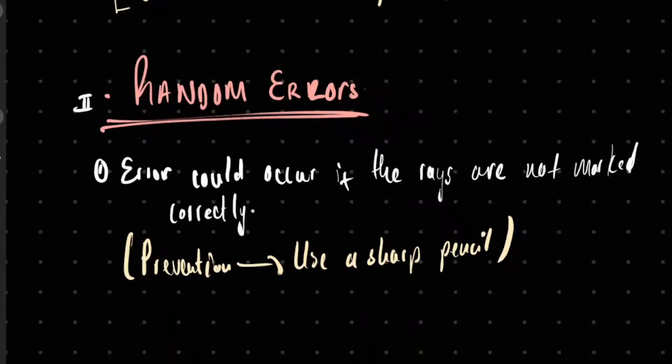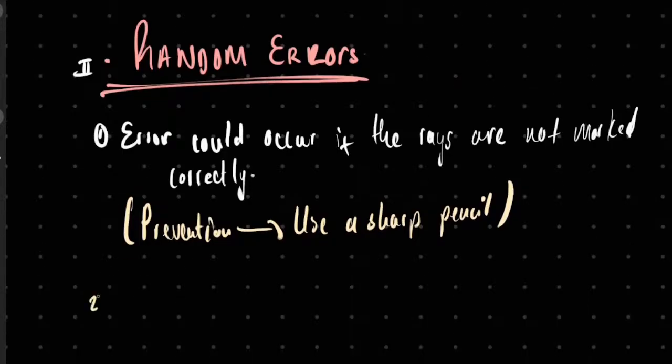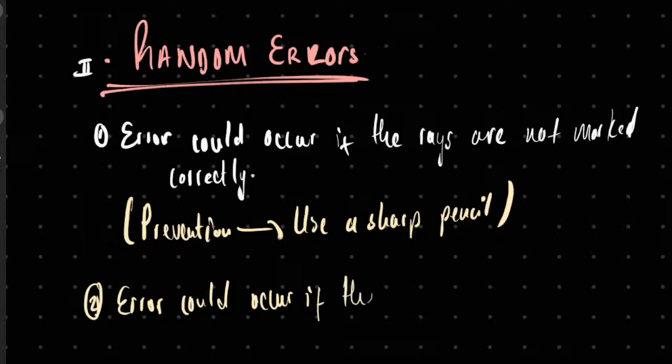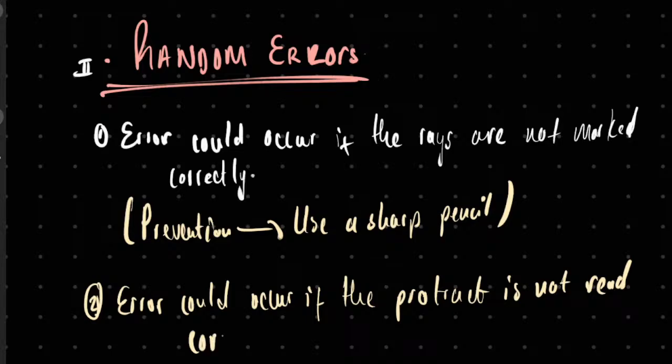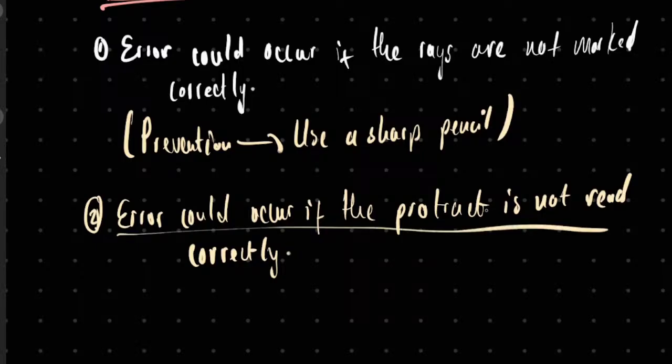All right. Last, number 2. Error could occur if the protractor is not read correctly. So this is the human being causing these ones. Hey, if you don't mark the rays correctly, you're going to create an error in this experiment. The values you'll be reading will be wrong values, and you'll not be able to prove what you actually want to prove. Hey, if you don't read the protractor,